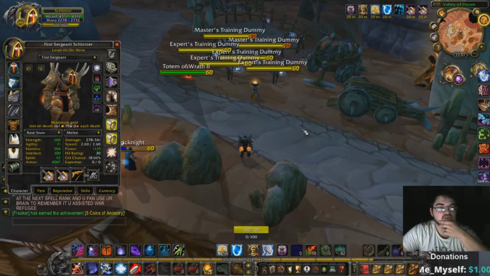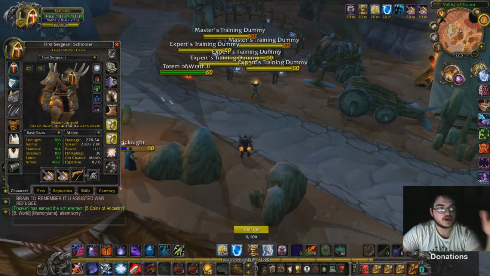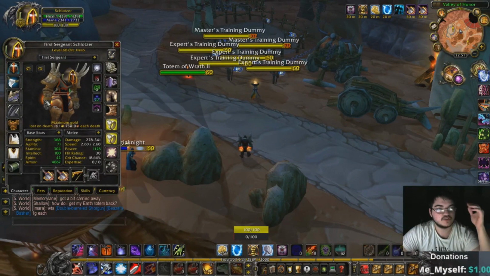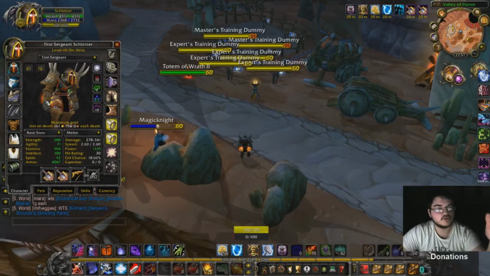Of course you want hybrid gear. Where should we start off? Should we start with the spells or with the gear? Whatever, let's start with the gear. I have some usual gear here. Some really good gear too, like the Judgment Crown. But typically you want to, if you start off and you don't have special gear, just go for the PvP